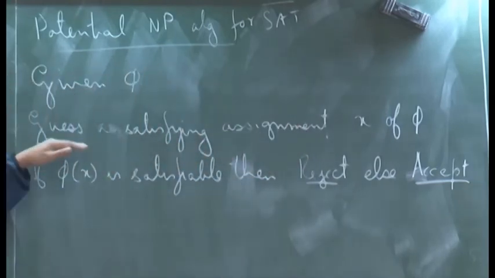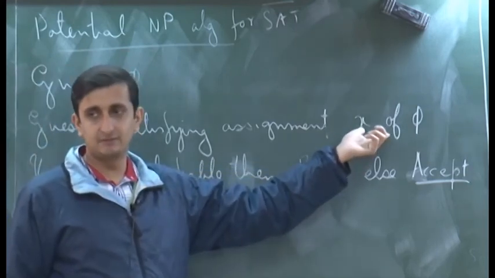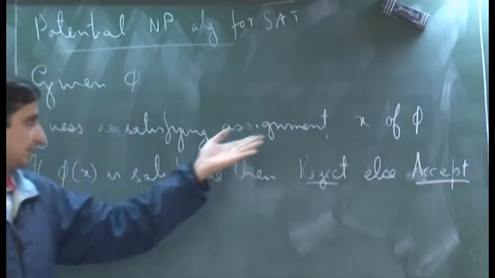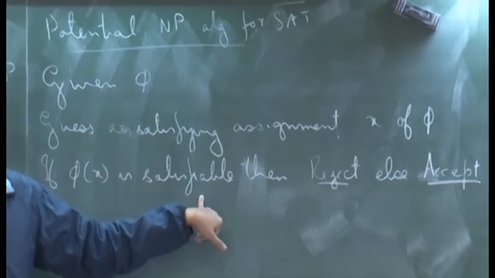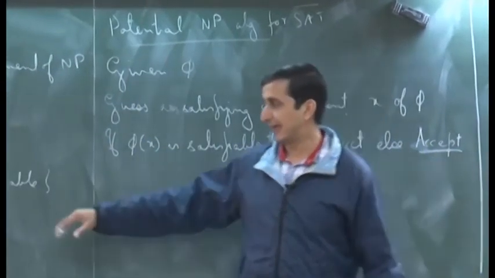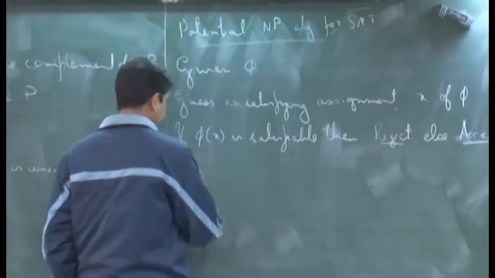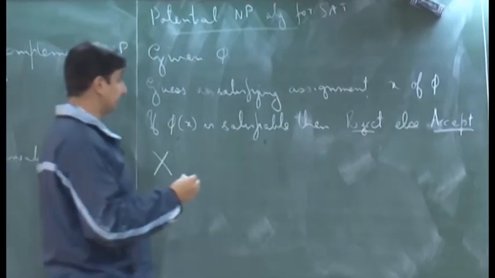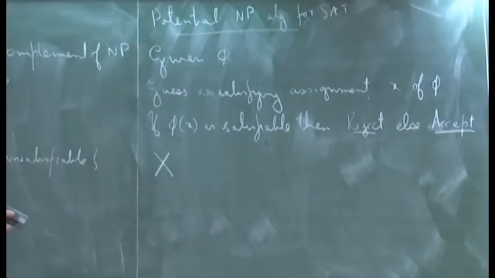So, this algorithm is clearly guessing a string which has polynomial length, okay, and checking whether this string is satisfiable or not can also be carried out in polynomial time. So, is this a correct algorithm for this language SAT bar? Therefore, this is an incorrect algorithm. This is again a common mistake that people tend to make. So, that is why I wanted to point this out.